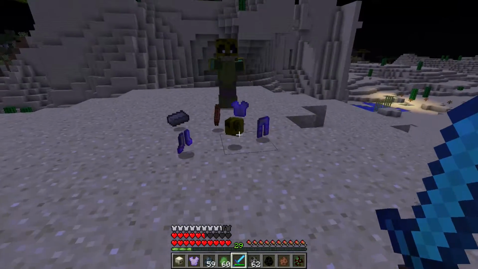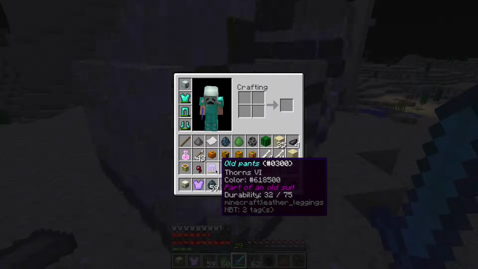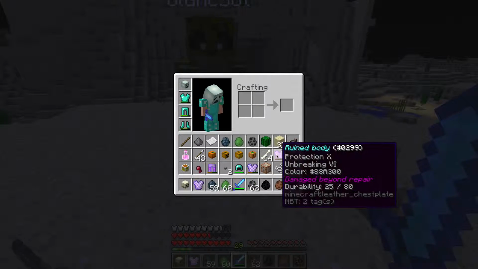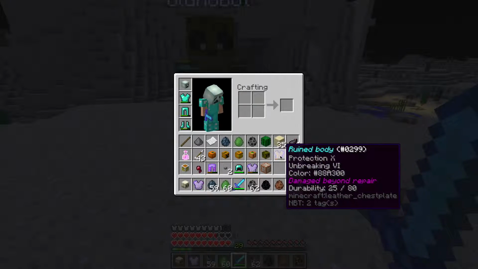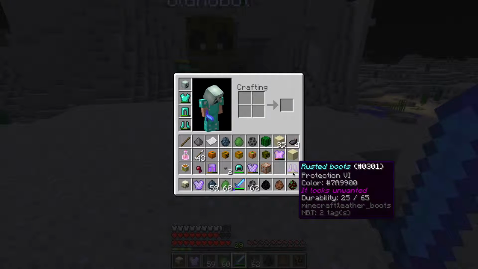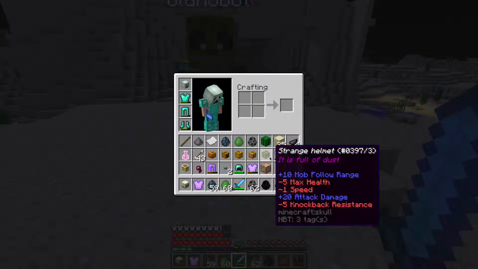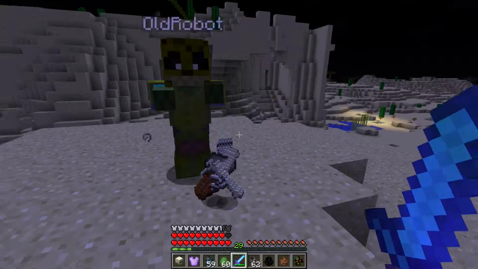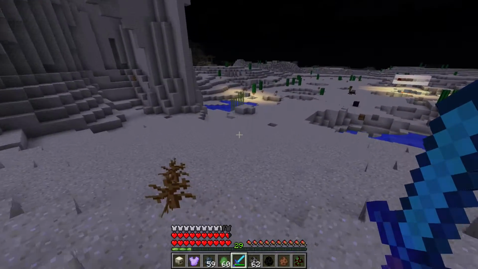So the zombies are pretty easy to take down, and this is the zombies' drops. Old pants. So you get the ruined chest plate, the rusted boots, the old pants, and the strange helmet. Not very good, is it? It does give you plus 20 attack damage, but I wouldn't recommend